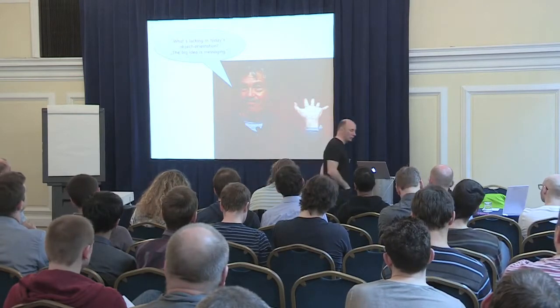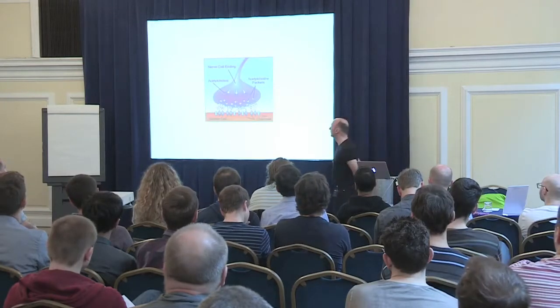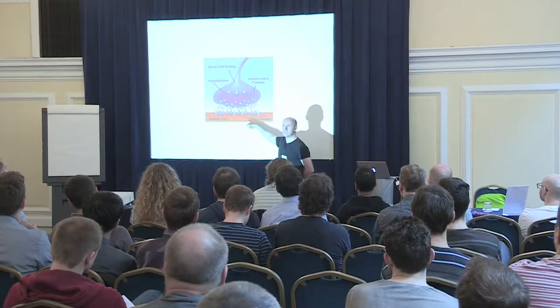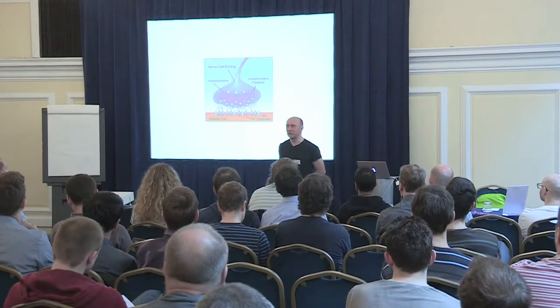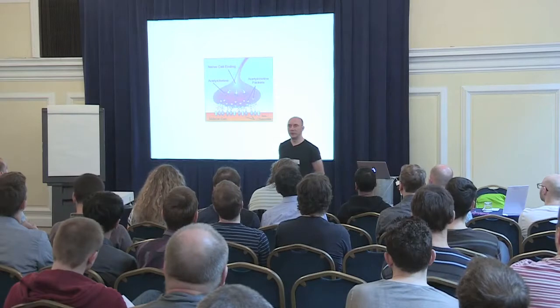Okay, so what can we do? What is messaging? Let's go back to Alan Kay's original idea. See, that's two biological cells. That's a nerve cell and that's a muscle cell. And he had in mind that objects would communicate like biological cells using messages. So where's the message in this picture?